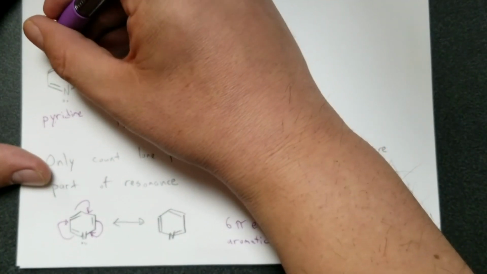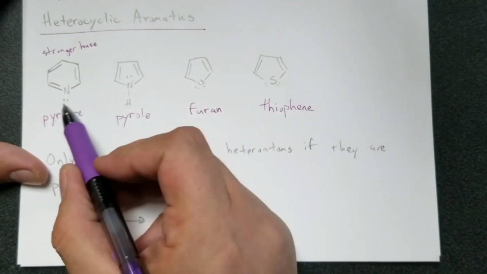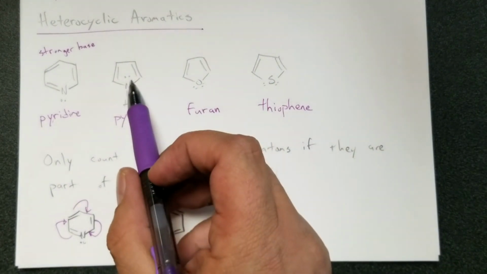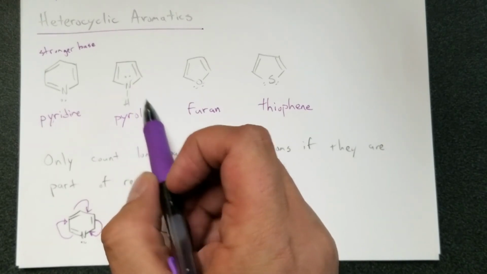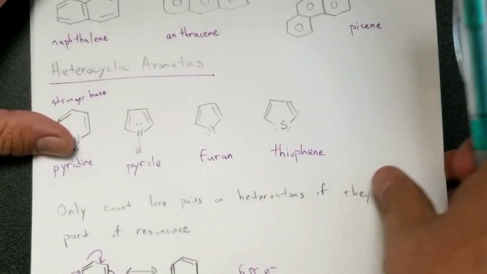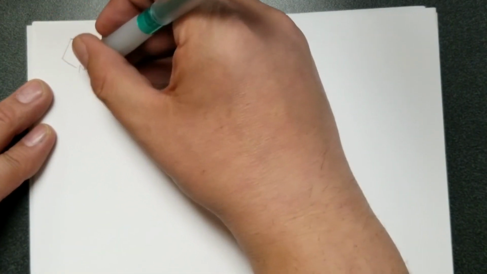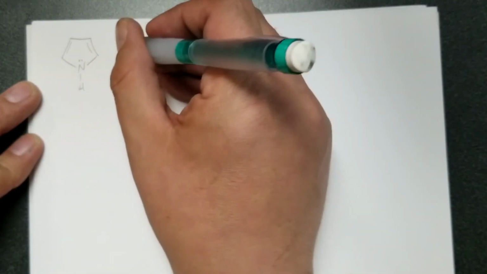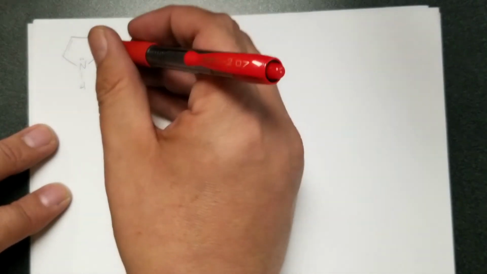So once again, this is a stronger base. And the reason why is because the lone pair for this one is not involved in the aromatic resonance, whereas in this one it is. If you think about it, what's going to happen if this compound were to grab an H? Let's go ahead and show that. So on the next page, let's look at pyrrole. Put an H there, lone pair. You could show the resonance for this, but I just want to go ahead and do the acid-base reaction. So grab an H, boom,